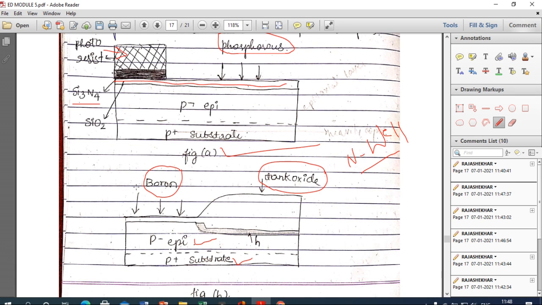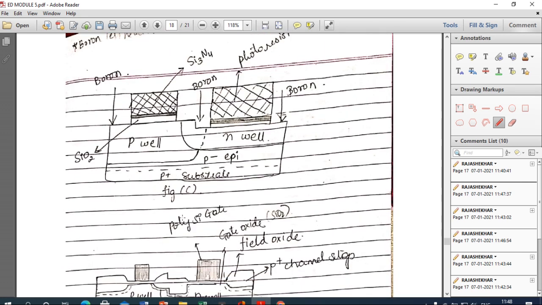The intention of this boron is to create the P-well. First I created the N-well, that is the tank oxide. Next I am going to create the P-well. These two wells are used just to manufacture NMOS and PMOS.